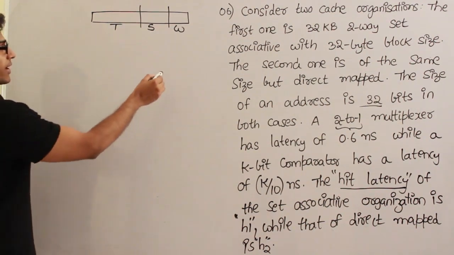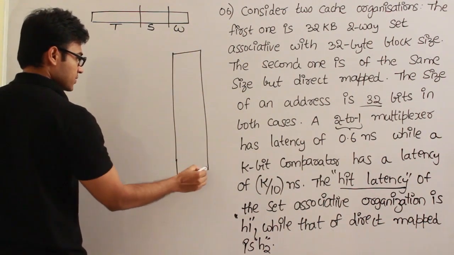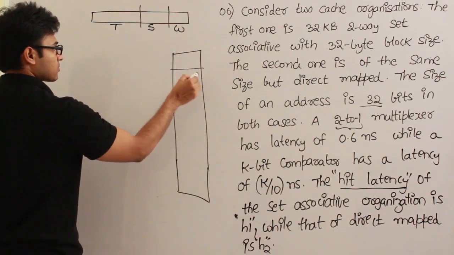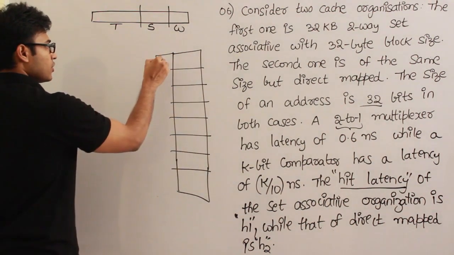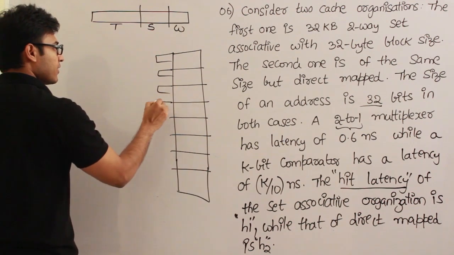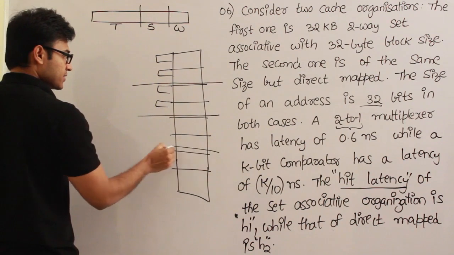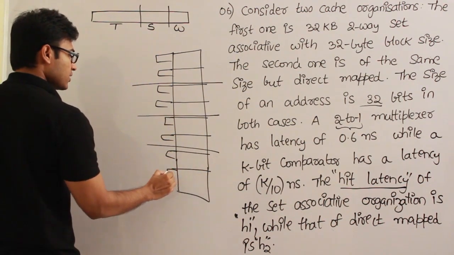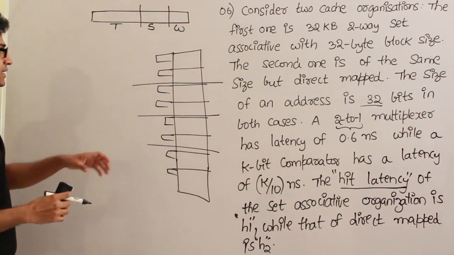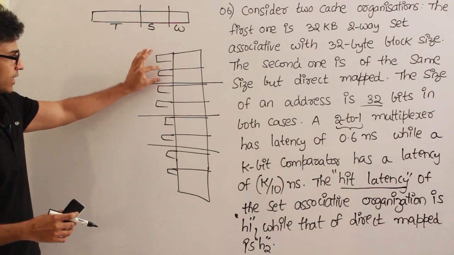Now if we have cache blocks like this, okay, then if we have the lines, now the cache is again divided into sets like this, sets, isn't it? Now they are talking about two-way sets, right? Two-way set associative means each set is going to contain two lines, therefore two tags are present,